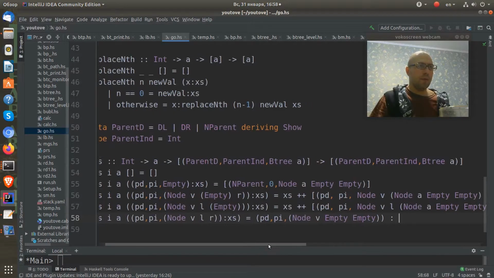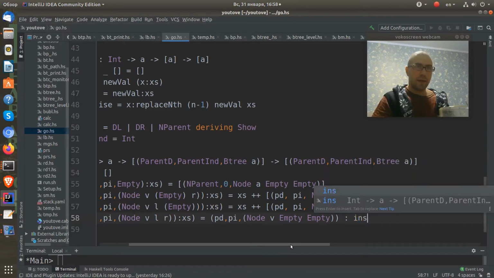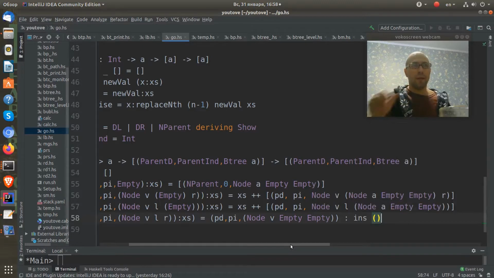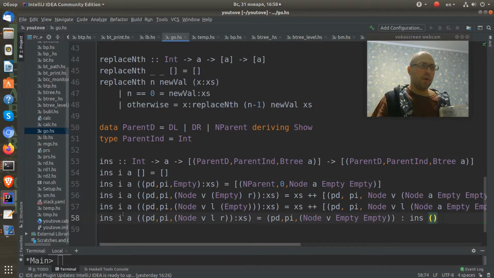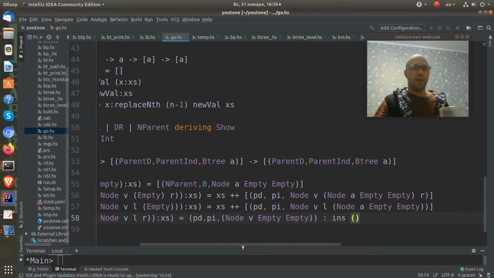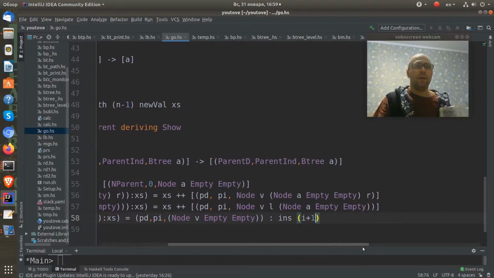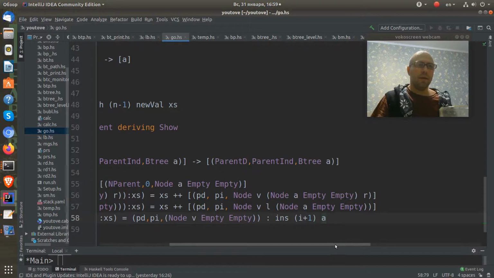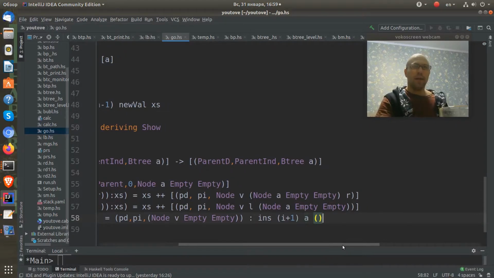This means that we need to call our ins here, but we need to increment our index I in the list, because we go to the second element. The first element we return here, and here we construct a second element, and this means that I need to increment the index of the list. And of course I need to pass a here, the value itself,